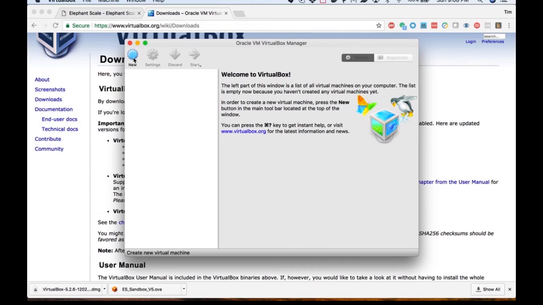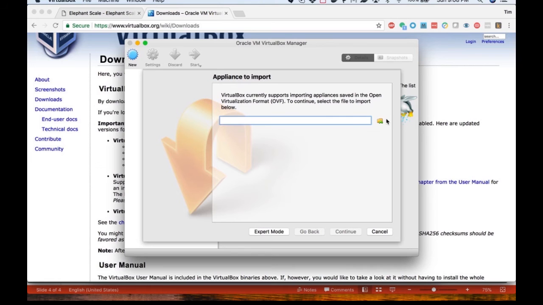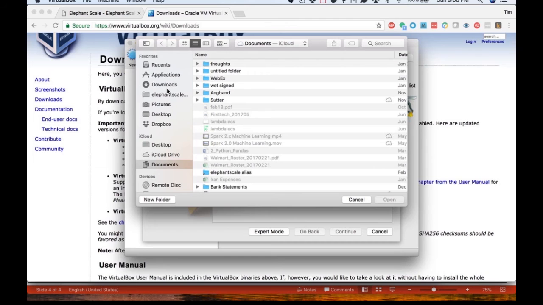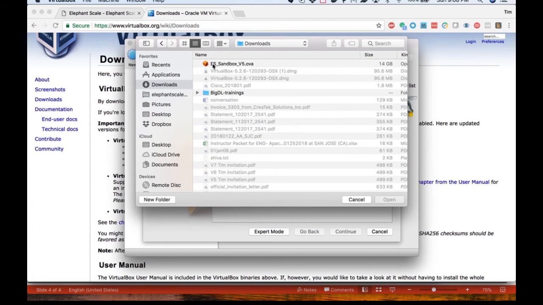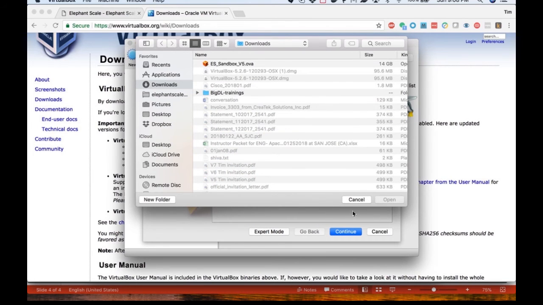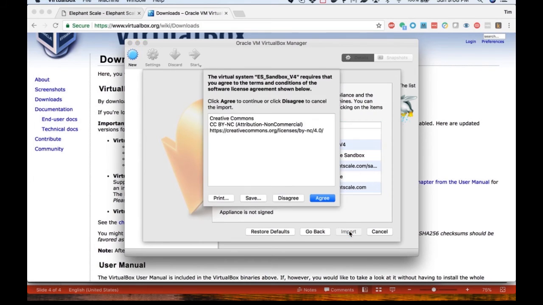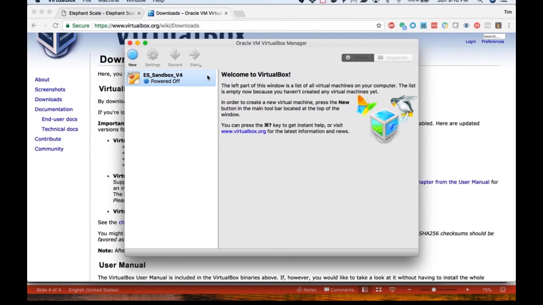Okay, so I'm going to go to import appliance, go to my downloads and get the OVA file I just downloaded, and I will click on import. And now it's imported my virtual machine.